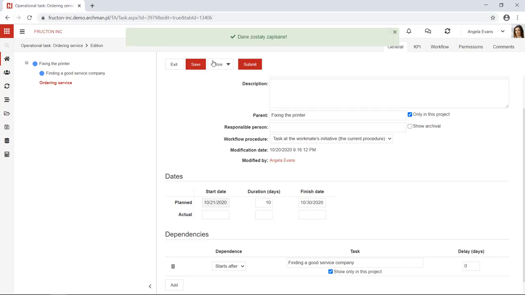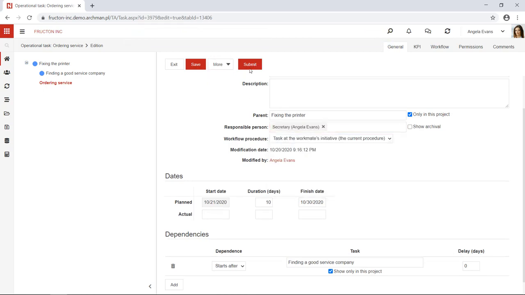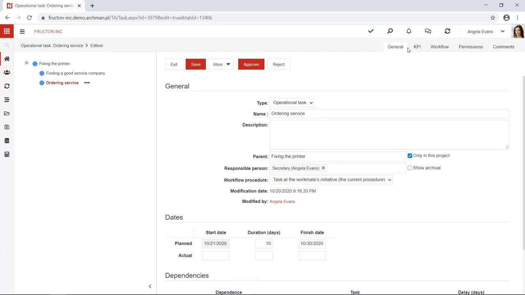The person responsible for that would be Angela. So she has divided her task into two subtasks, and the first task she assigned to someone else, and once the first subtask is ready, she will get a notification that she might start working on the second task. This is the scenario in which you might use the tree on the left hand side. But if you are willing to use a simpler form, you don't need these dates and dependencies and KPIs,